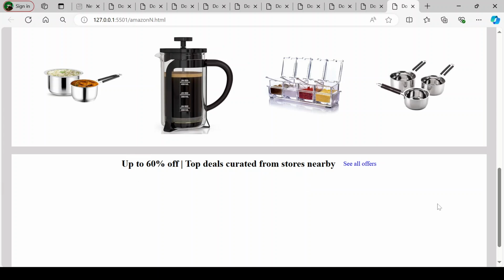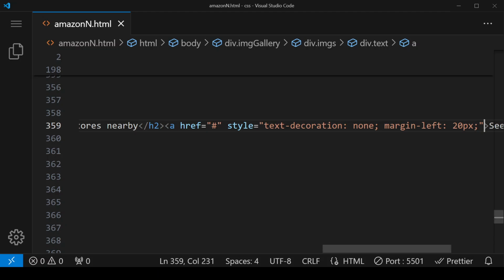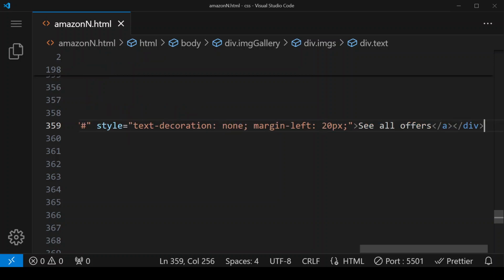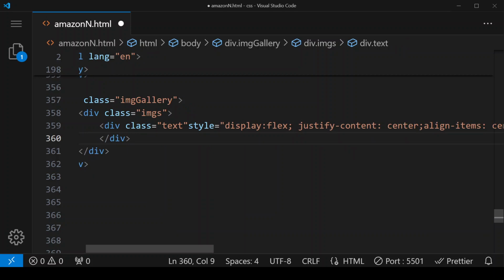Next we have to put images. Those images will come in a div, and in that div we are going to give 5 images, and we'll declare that display property to flex to bring them in a single line. So here, when this div finishes, we are going to start one more div.